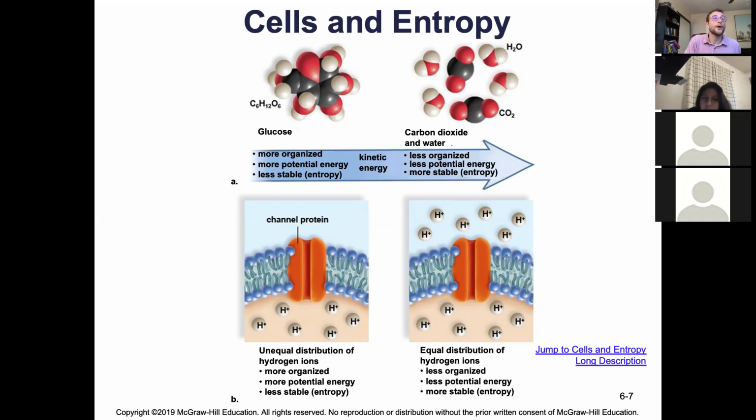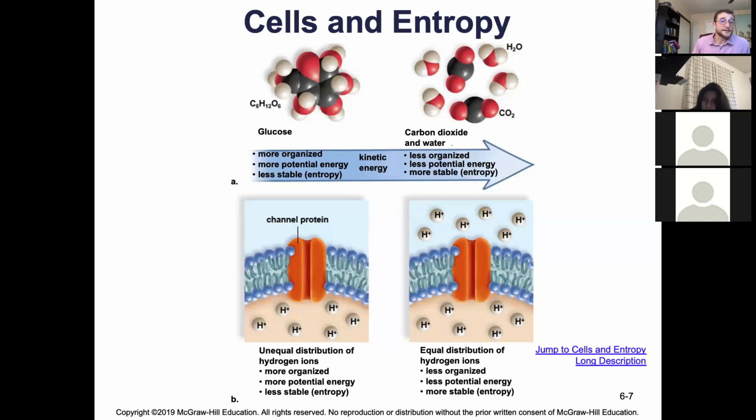So glucose will want to release that potential energy as kinetic energy, and split into carbon dioxide and water. When it does this, it releases energy, and that energy can be used, which we'll see, to make ATP. It will be converted to a state with less potential energy, more stable. The environment is always going to go towards stability, which is usually more spread out.